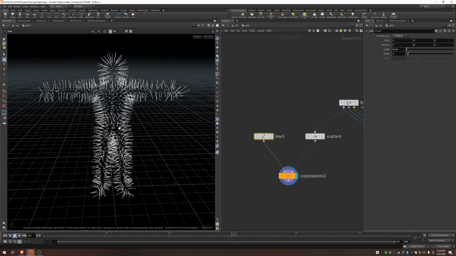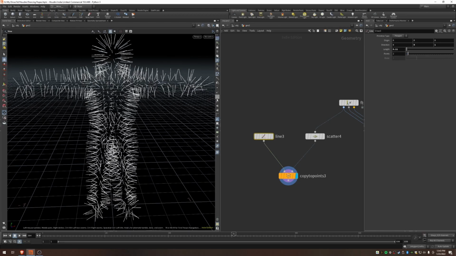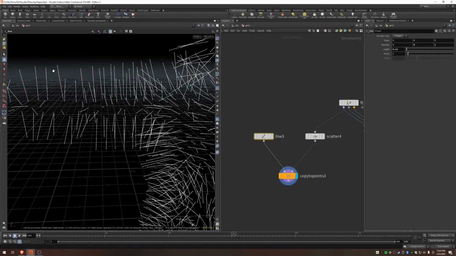So we've got a whole bunch of lines on our guy, right? Now, for the moment, you can see we just have 2 points. And we're going to need these lines to be all bendy and floppy, right? So we're going to need a lot more points. Now, the easiest way to do this would be to just drag the number of points up, and that would give us a lot more points. But I'm going to do this